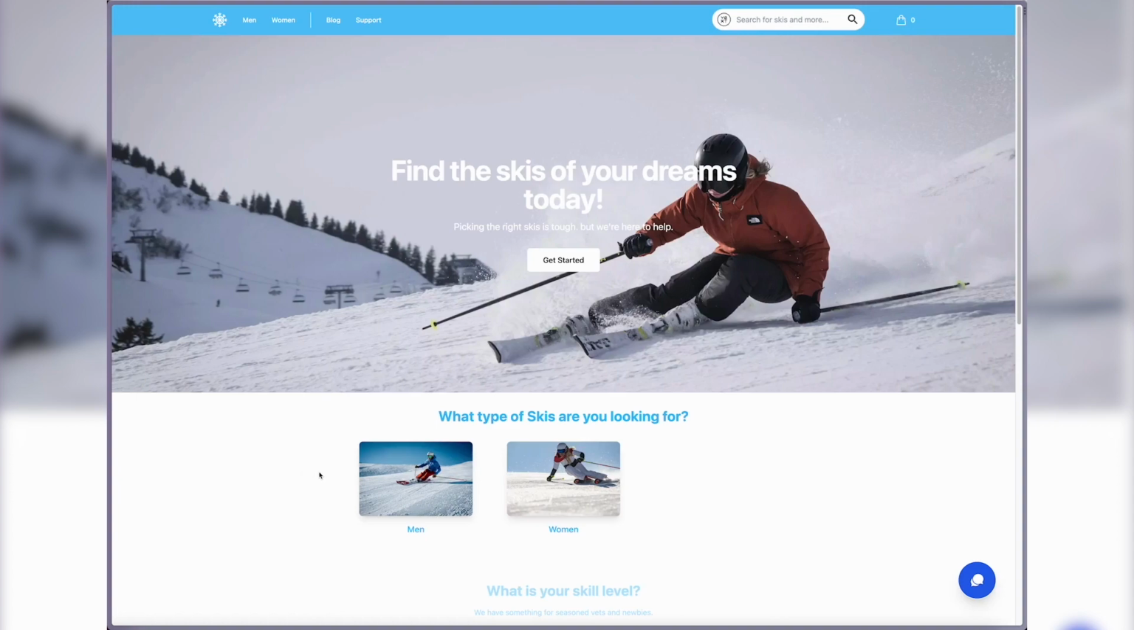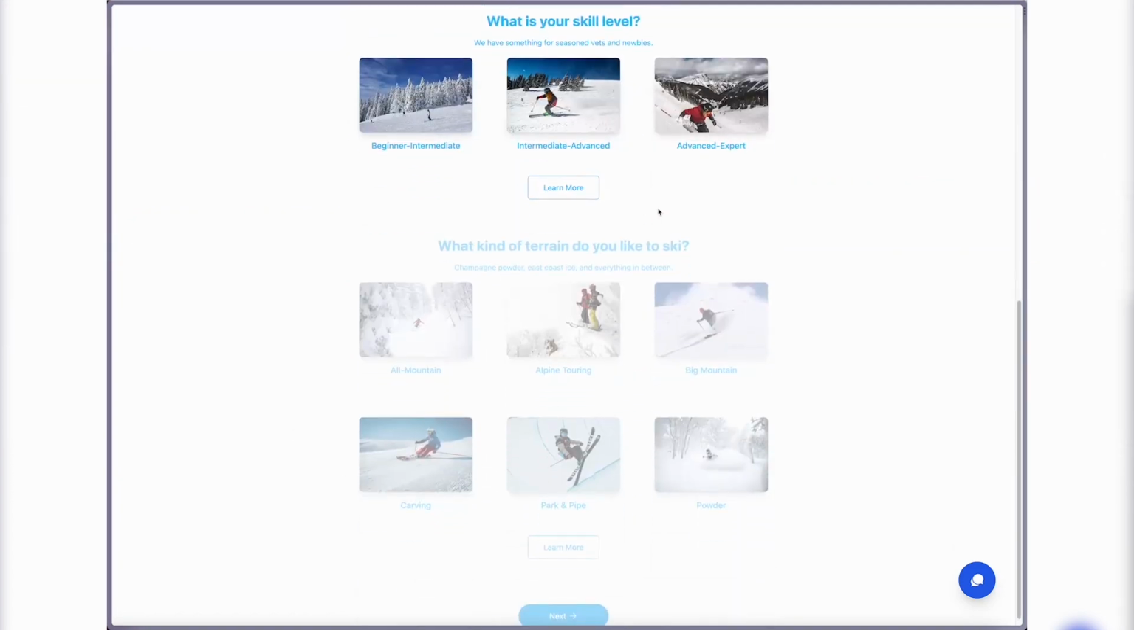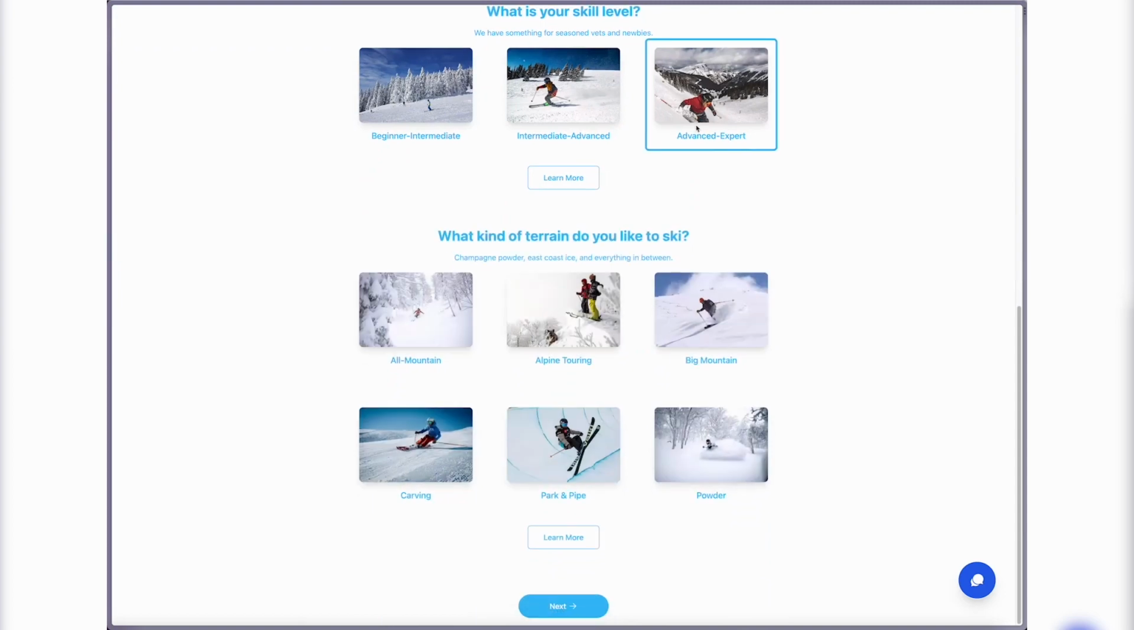The flow will ask a series of questions to help narrow down the choice for recommended skis. This experience also has our recently announced large language model chatbot called Yext Chat integrated right into the page. Yext Chat is acting as a shopping assistant that helps the user as they go through their journey. So we can ask it questions like,